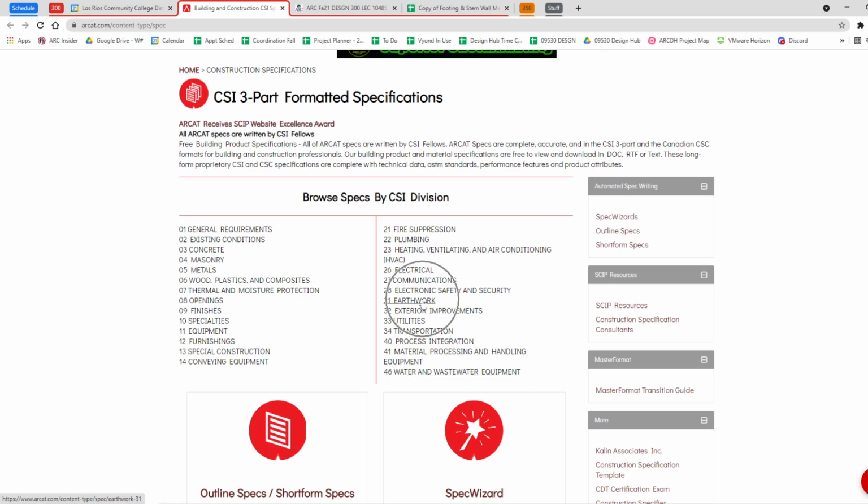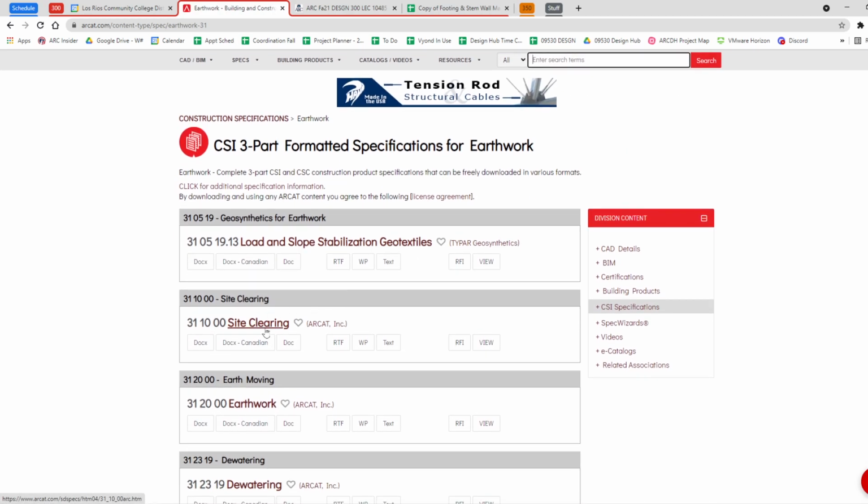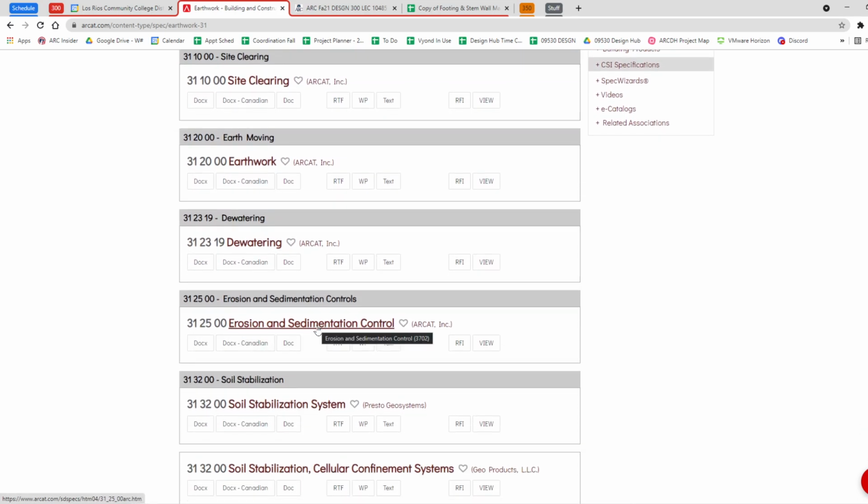Here's earthwork. That would probably be something that we've been working with so far. Earthwork, stabilizers, site clearing, earthwork, dewatering, erosion and sediment controls. So these are all specs that you could call out, and they go kind of hand in hand with that